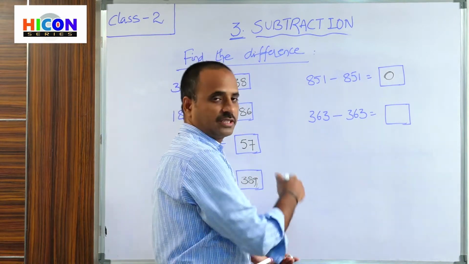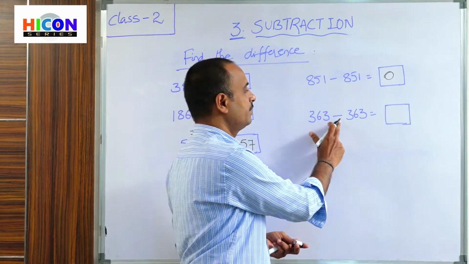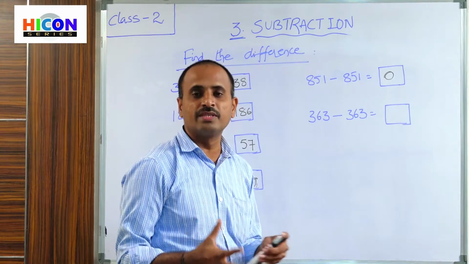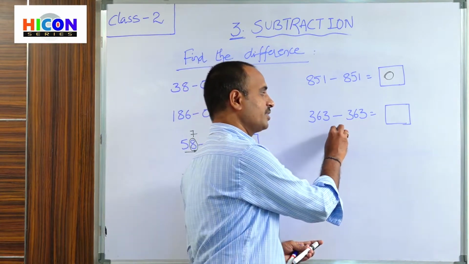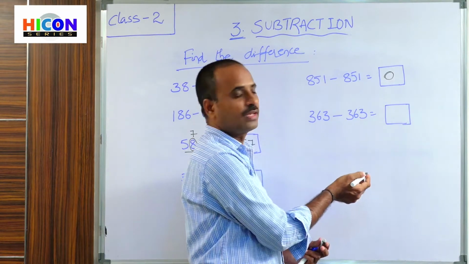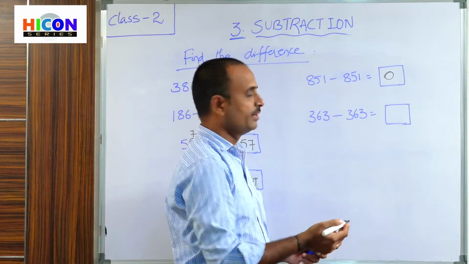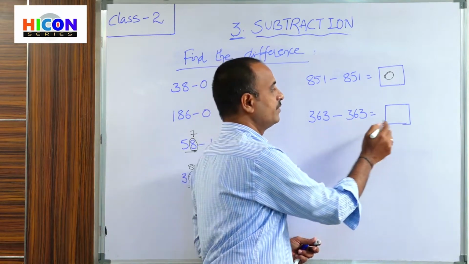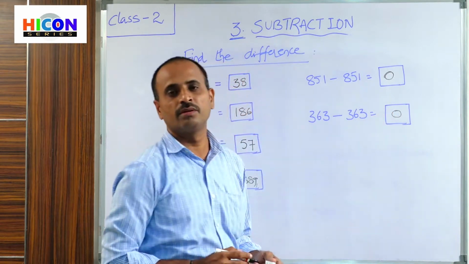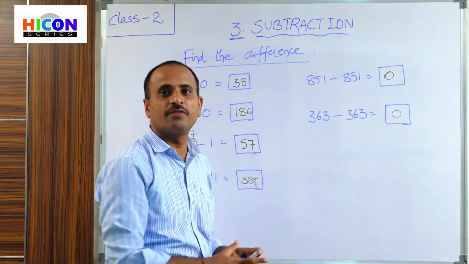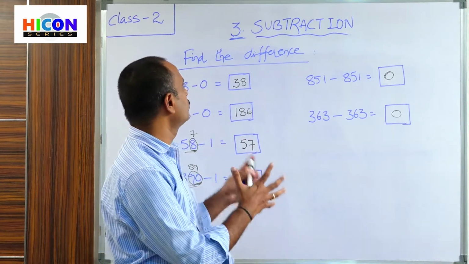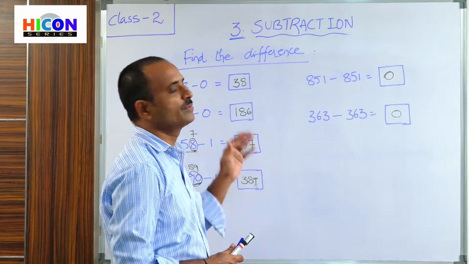Next, see the next subtraction here, 363 minus 363. How can we do this subtraction? Simply by using subtraction facts, we can write the answer. Here 363 is subtracted from 363, which means a number is subtracted from itself. If a number is subtracted from itself, we get 0 as the answer. So 363 minus 363 becomes 0. Children, by using subtraction facts, we can simply write answers for most subtractions. This is the use of subtraction facts, and these are some problems on subtraction facts.